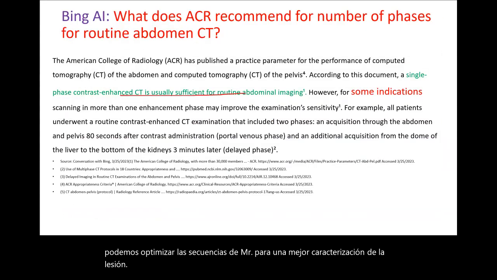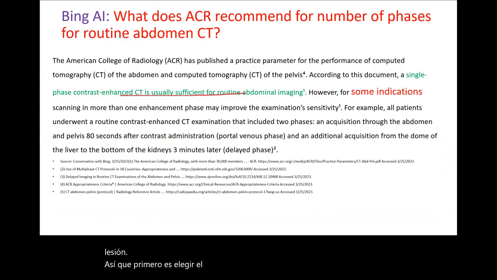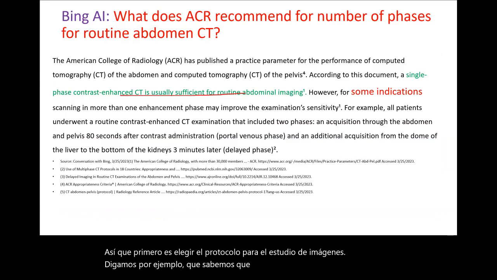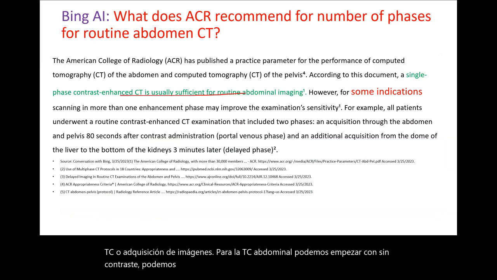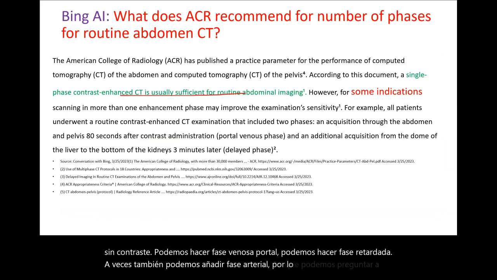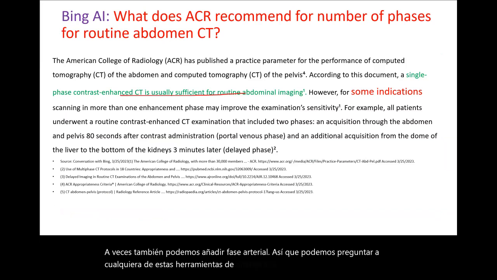So first is choosing the protocol for imaging study. Say, for example, we know that there are multiple phases of CT imaging or image acquisition for abdominal CT. We can start with non-contrast, we can do portal venous phase, we can do delayed phase. Sometimes we can also add arterial phase. So we can ask any of these artificial intelligence tools or algorithms to suggest to us what is the most